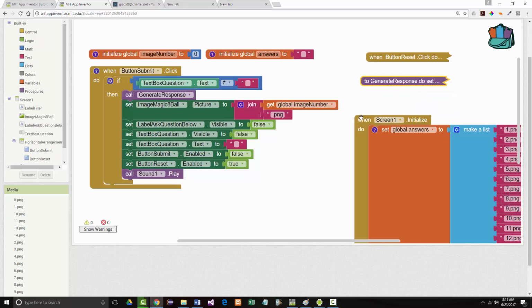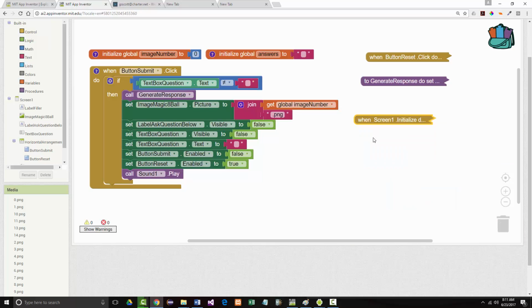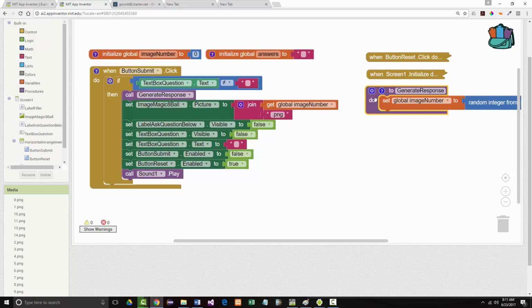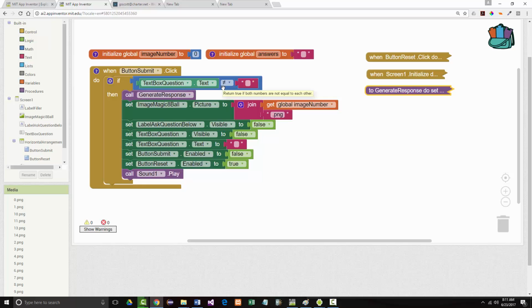So you saw what happened when I initialized. When I generate my response, this is just generating the random number between 1 and 14. That's all it's doing, and I do that right here. Whenever I click the submit button, I make sure there was something inside the text box. I could have gotten a lot more critical, saying it had to be alphabetic, etc., but it's fine. As long as there was something in my text box, I generated the response, that number between 1 and 14. I appended .png onto that number to bring up the associated picture,